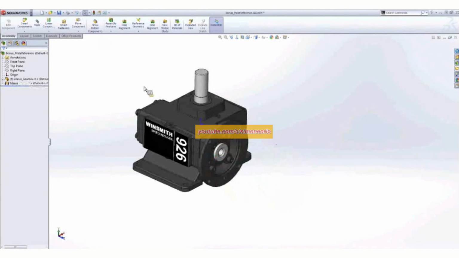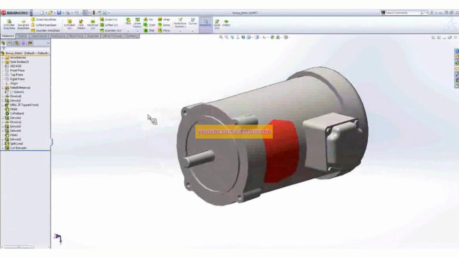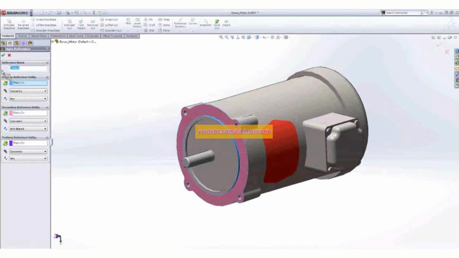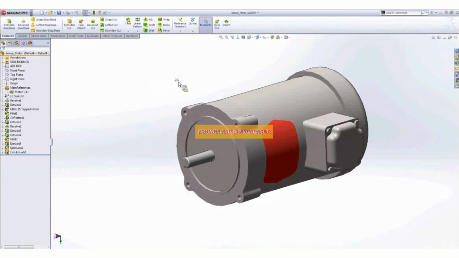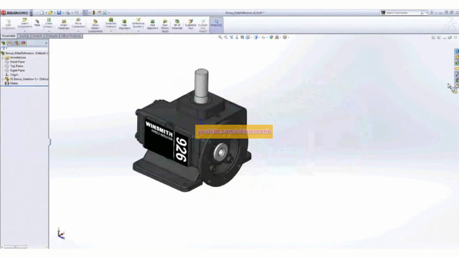If I hit undo, and let's go back to the motor real quick. All I'm going to do is change the name of this mate reference to be motor, which is the name of the mate reference in the gearbox. That simple change, that mate reference now has the exact same name. The name is what's important here. When I go back into my item and drag and drop it into the assembly,